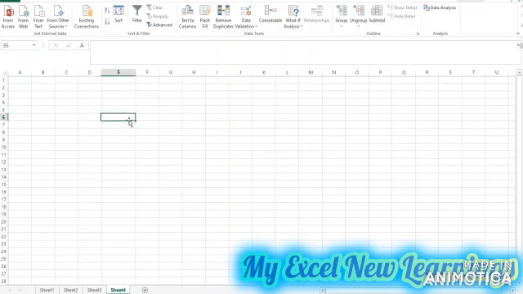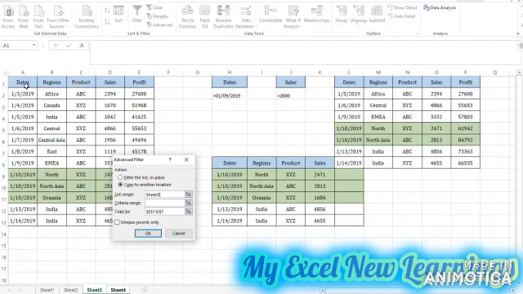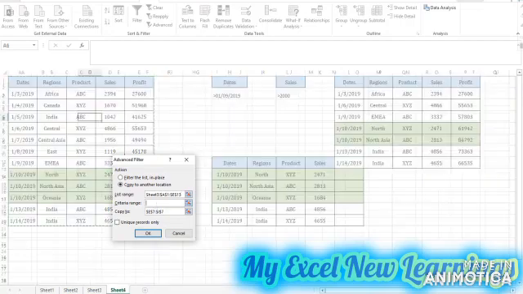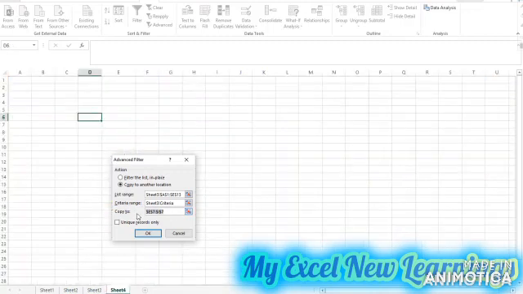So we will try from here. I will click anywhere in the sheet 4, then I will click on the advanced filter. Now my list range is here in the sheet 3. I will select the table, and my criteria will be sales greater than 2000. So I want to paste the data in the sheet 4.